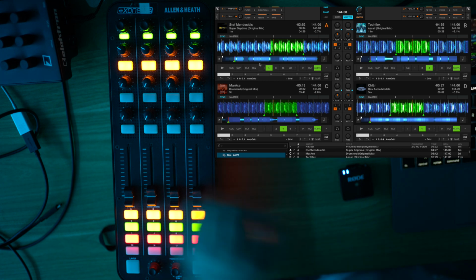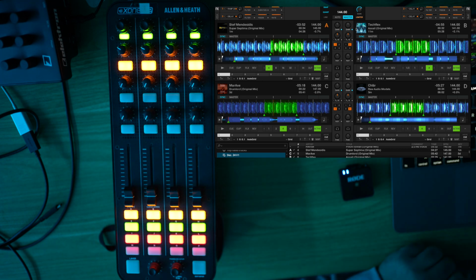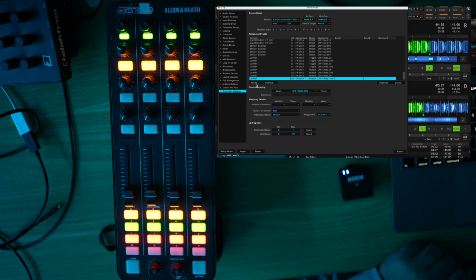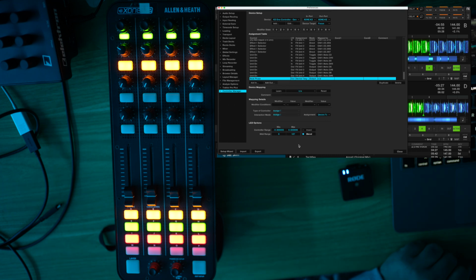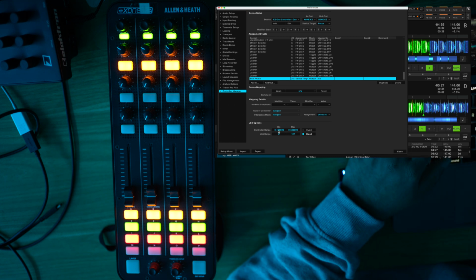We're going down to the second button row here, and we add the beat phase. The beat phase function. We're going out to the add out, to the deck command, down to beat phase. Here it's important that you're going down to the LED options, control range, and set the value to minus 0.1, also on the max,